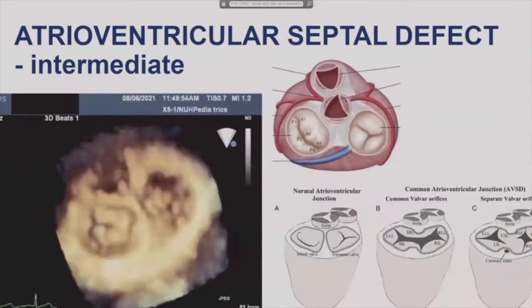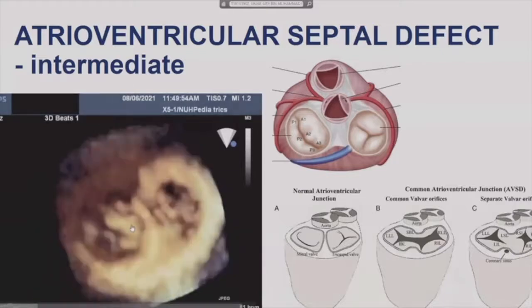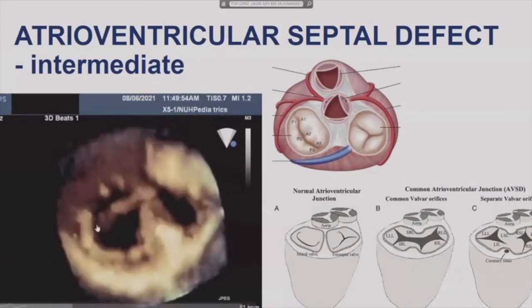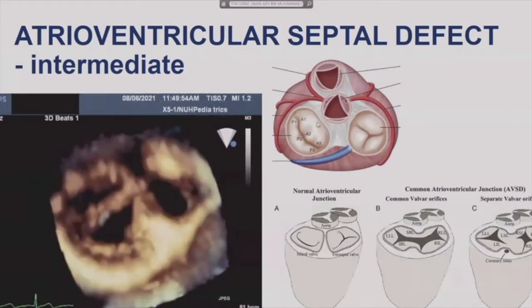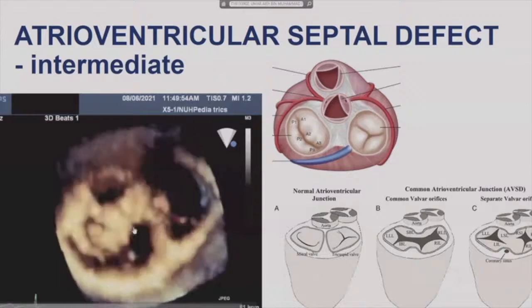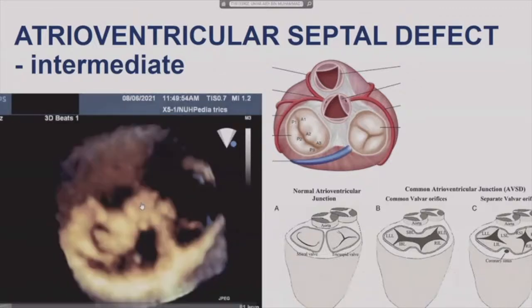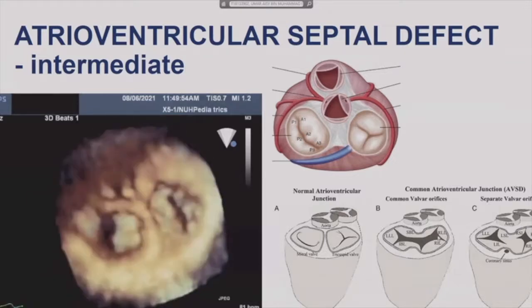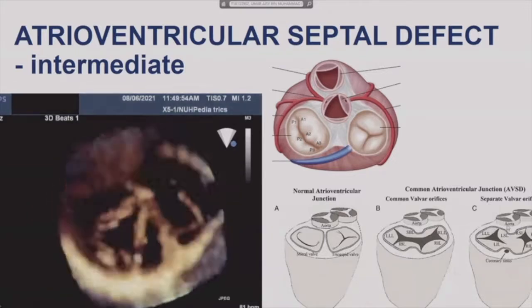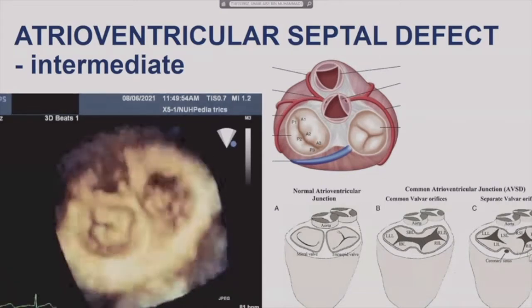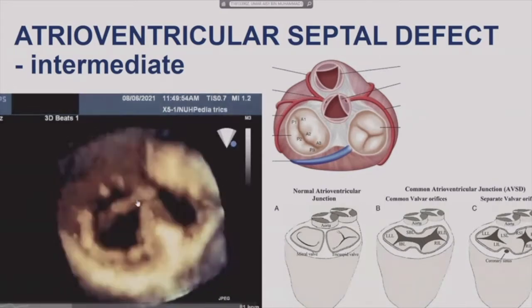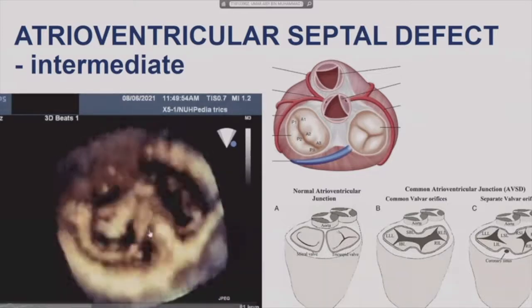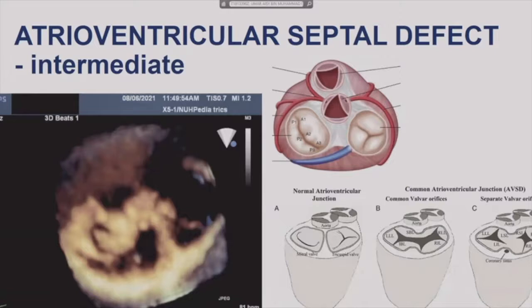But as we apply three-dimensional echo imaging on it, we could see that this is not just a cleft of the mitral valve. You could see that the left AV valve here doesn't have the mitral configuration as we would expect, the two leaflets. There are three leaflets here, and the leaflets extend all the way to the crest of the ventricular septum, very reminiscent of that of a complete atrioventricular septal defect, in which there is a common atrioventricular junction, and this is part of the anterior bridging leaflet, this is part of the inferior bridging leaflet. Now, this kind of imaging will not need cardiac MRI or cardiac CT for us to go ahead and plan